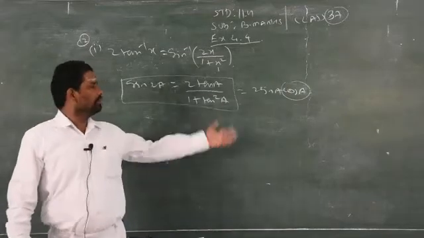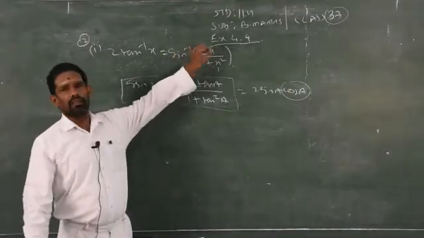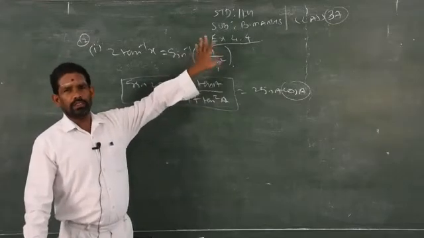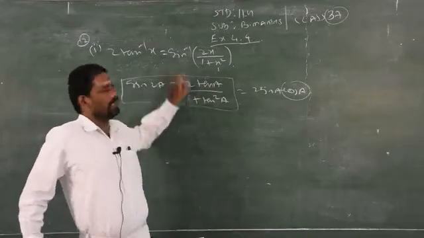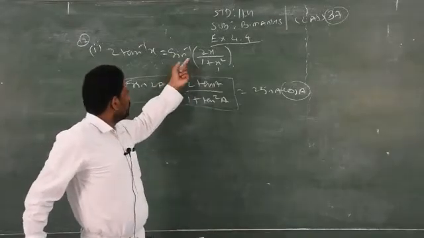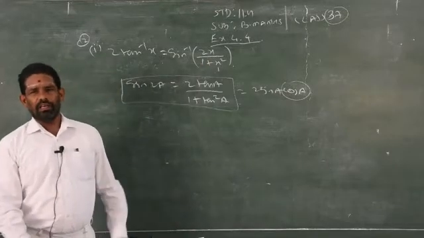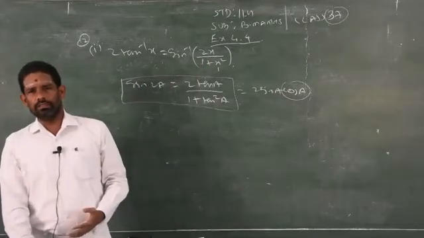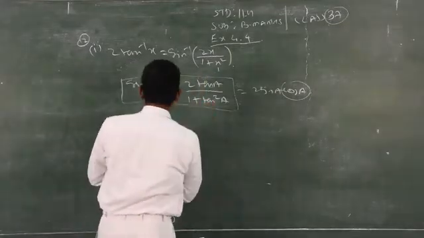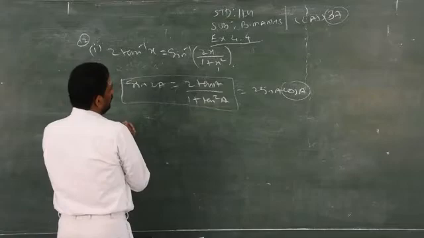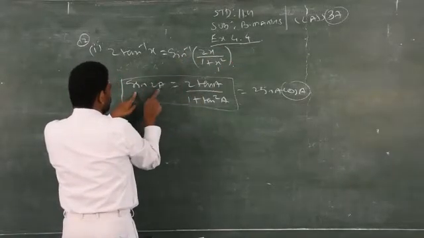Clear? That's what I said before itself. Whatever is given into the sin inverse of the function, the variable x or y, you please convert this variable into that sin format because it is given sin inverse. If it is given cos inverse, you try to bring this into cos format. Either cos 3a, cos 2a, doesn't matter. Clear? So, for that purpose, I have only one formula to simplify in terms of sin inverse, sin 2a.